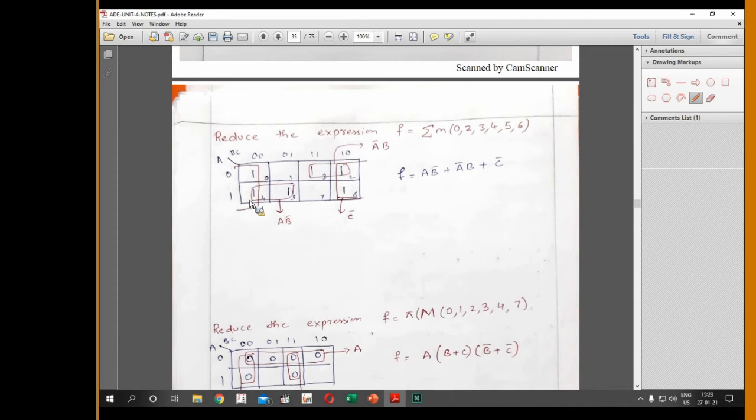I can use the covered minterm. So in order to cover your uncovered minterm, we can use the covered minterm. Where the minterm 4 is already covered, hence in order to cover your uncovered M5, I'm using the already covered minterm M4. So after forming this pair of 4 and 5, I have a minimal expression which is